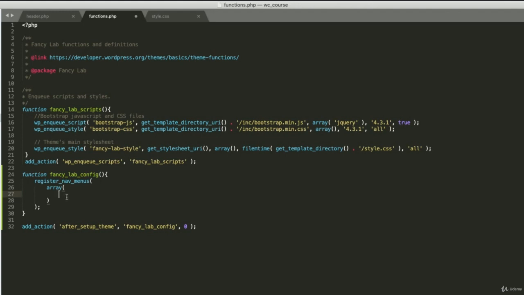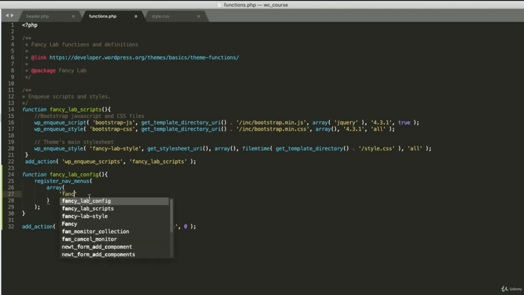How about that, huh? The first element of this array will be the slug of this menu. Inside WordPress, every time you hear the word slug, it means a short name, a handle. Whenever you use a slug, don't use spaces or special characters, right? And try to write everything in lowercase too, okay? I'm gonna create a slug called fancy_lab